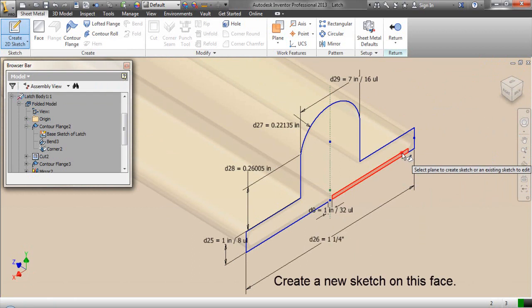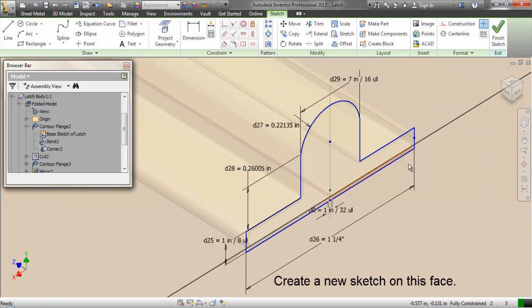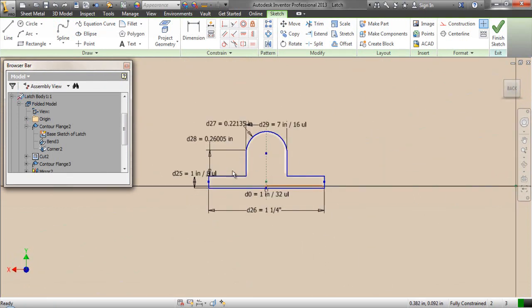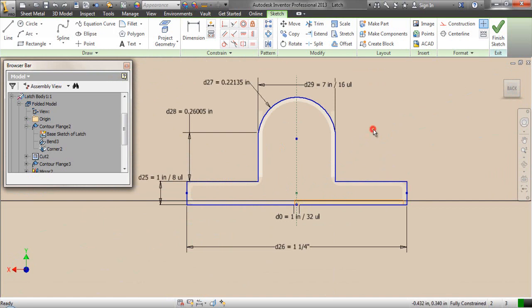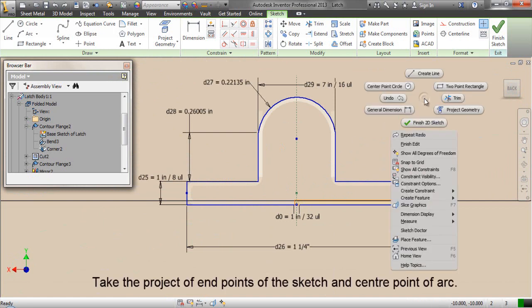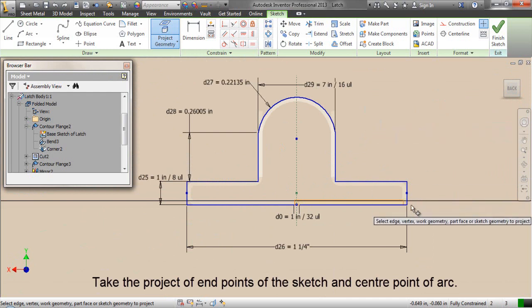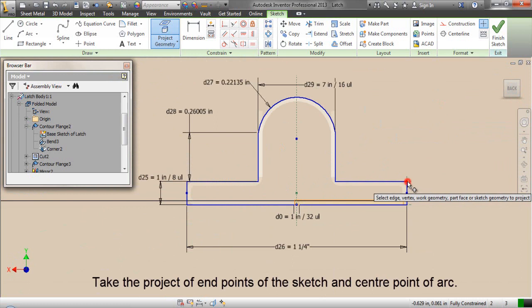Create a new sketch on this face. Take the project of end points of the sketch and center point of arc.